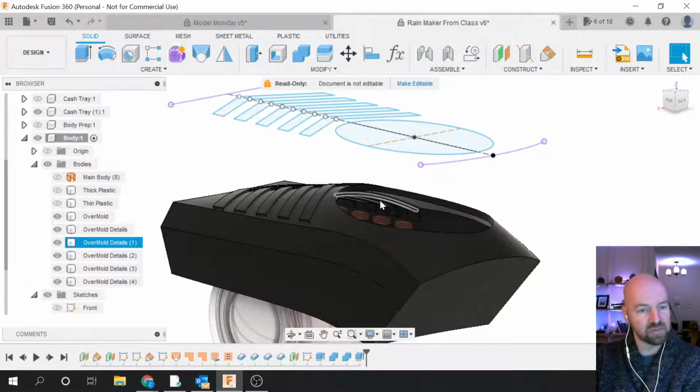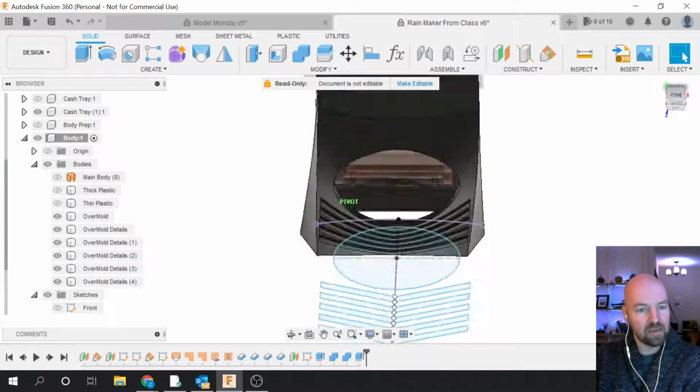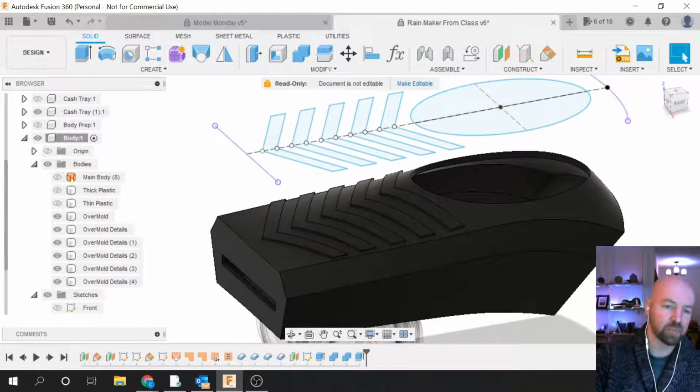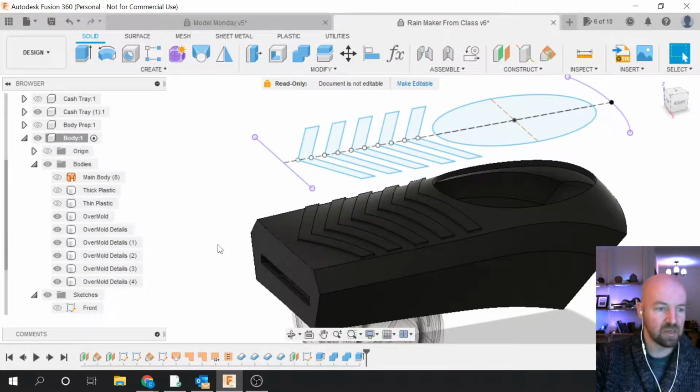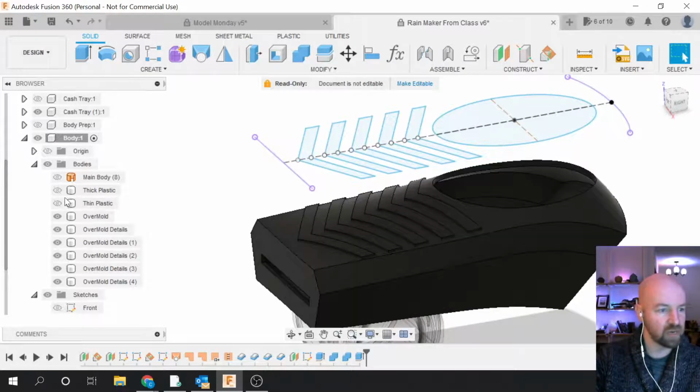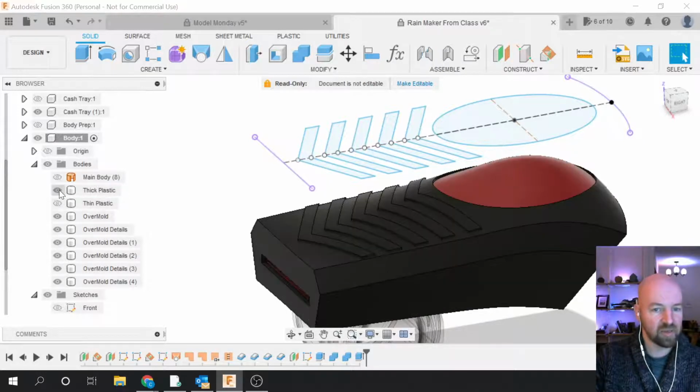So this intersects with the plastic. And I guess really that doesn't make a difference as far as the production of this goes. But we're going to go ahead and use that same trick we just learned. So if I turn on my thick plastic here,